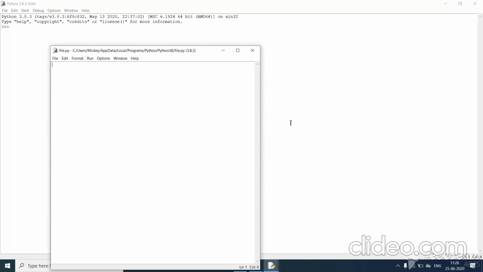So this is how you install your Python software, and there are two modes we should say, the script mode and the interactive mode. So we'll be learning and exploring the other terms later.